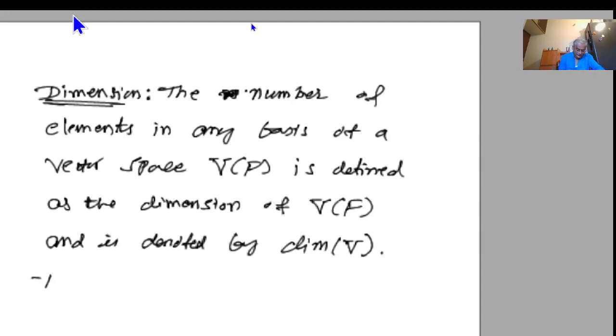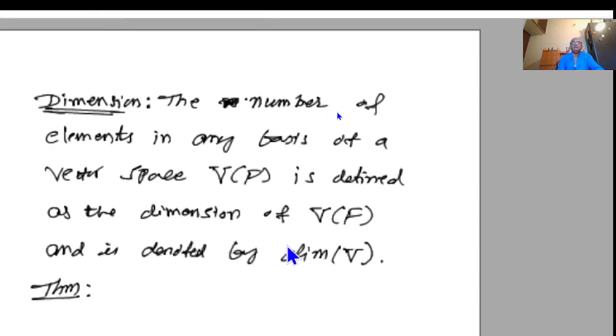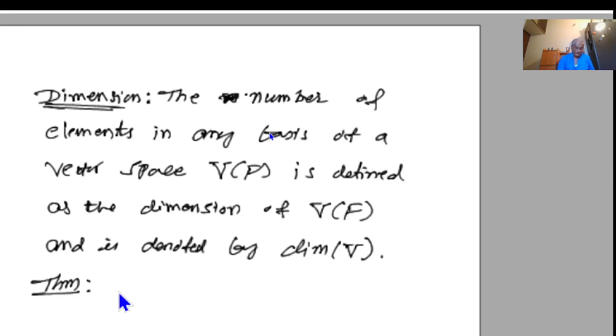Theorem is one more theorem, and here, if the dimension of a basis is equal to n, we say that it is an n-dimensional vector space. Only one dimensional, two dimensional. If this has three vectors, then we say that it is a three-dimensional vector space. And the three-dimensional vector space is denoted by V3(R), V suffix 3 of R, okay, and n-dimensional Vn(R), right? So one theorem,